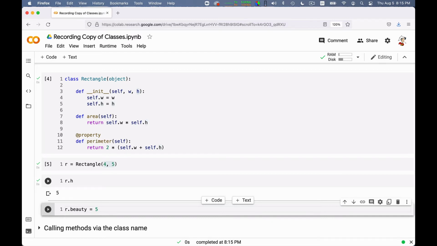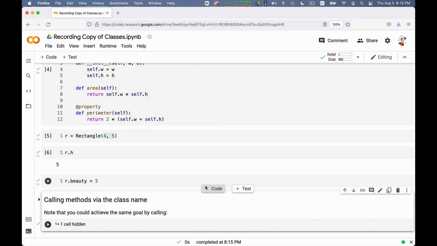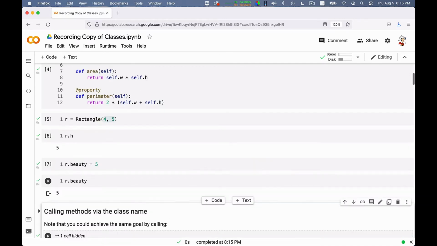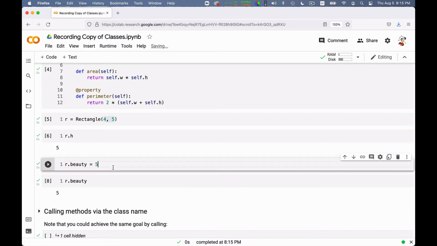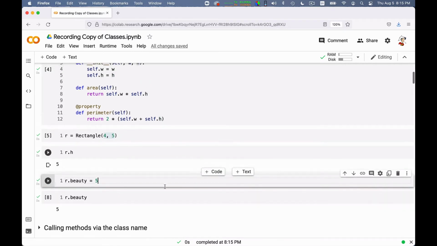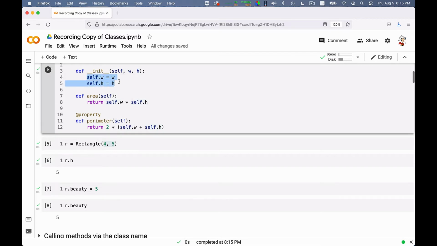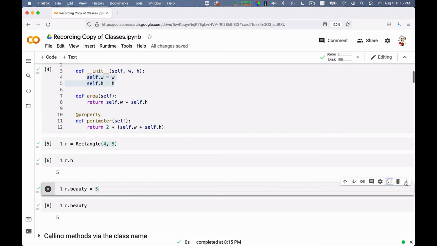And if I do this, then I can ask for r.beauty, right? But this is a variable defined ad hoc. If I define another rectangle, obviously that other rectangle won't have a beauty set up, right? So Python is quite liberal, and you can sometimes use this to your advantage, but typically you would define the object variables inside the initializer.